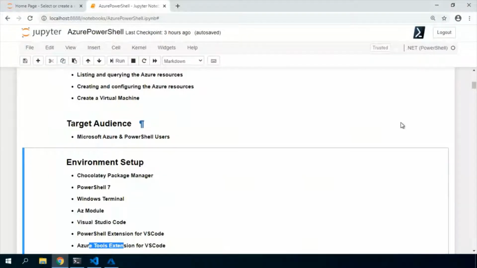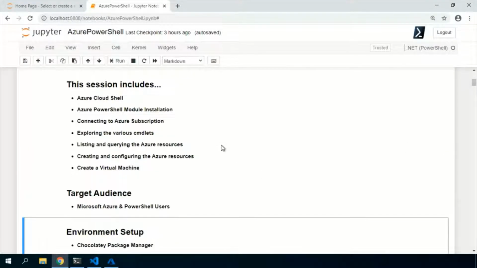We have many tools around the globe to deploy and manage the Azure resources, like ARM templates, and we have Terraform, and even many other scripting and programming tools are available. But the ease that comes with Azure PowerShell is extremely powerful, and especially for task automation and custom deployments or any configuration. It is super convenient with PowerShell.